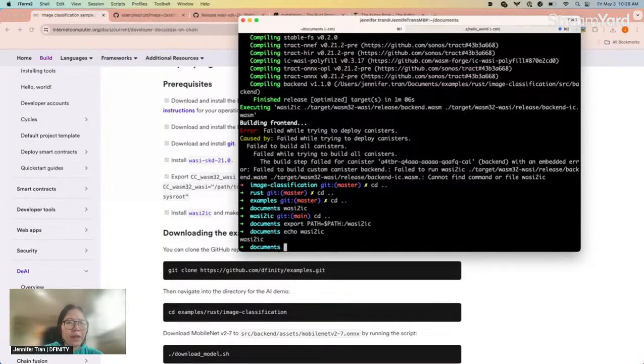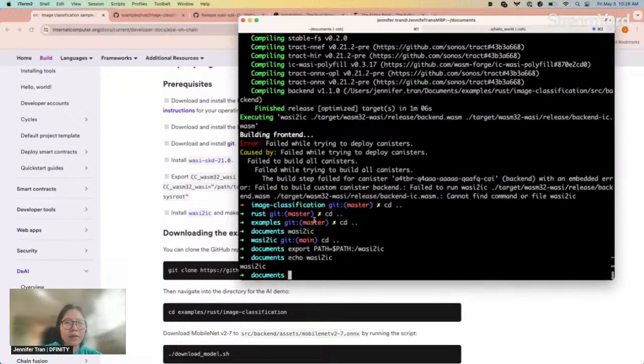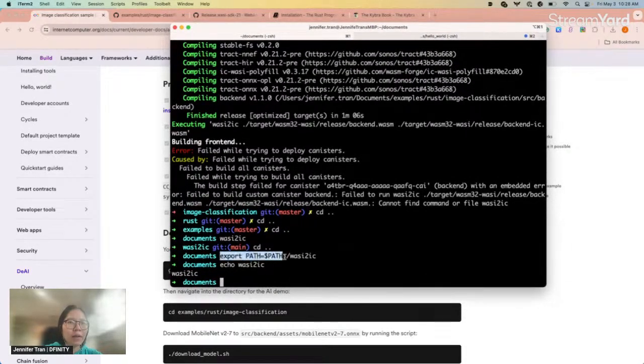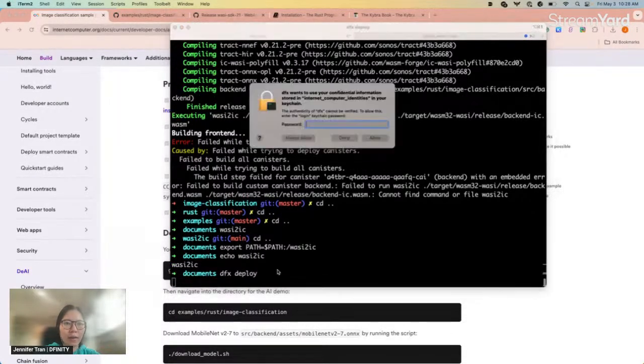Okay, perfect. I think I should have assigned the binary correctly. So wherever you have cloned WASI2IC, you can run this command here, and I'll make sure that's updated in the docs as well. I had it in my documents folder, so do an export PATH=$PATH:/ to WASI2IC, whatever the path is in that folder. Now let's try to deploy this again.